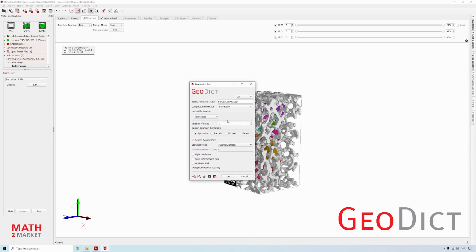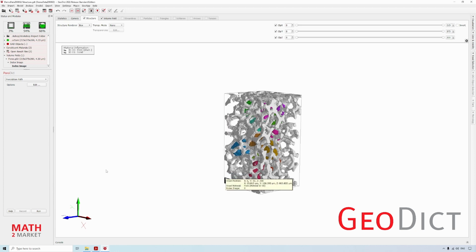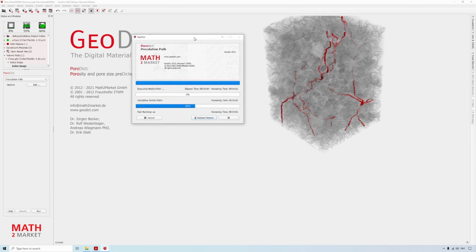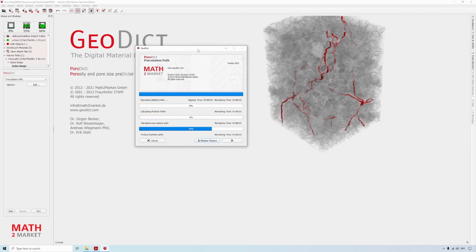GeoDict can also give you many different percolation paths. For this workshop we select 3. We leave the boundary condition as symmetric because again this is the CT scan. Then we click OK and run. In fact, in the background of GeoDict you can see what it will do.